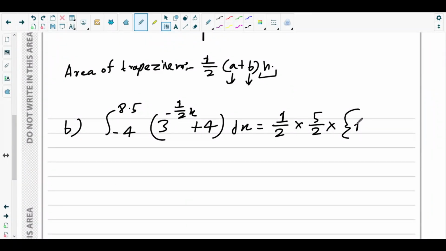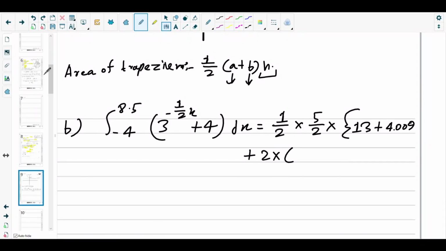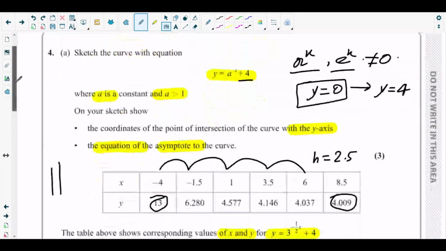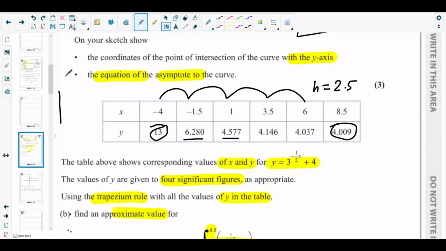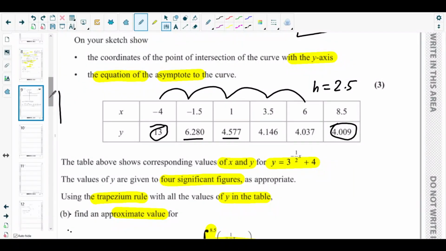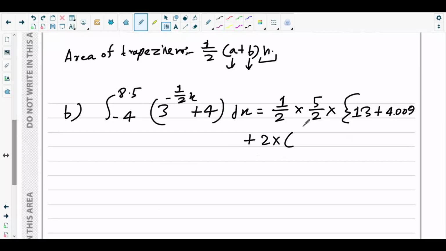That is 13 plus 4.009, and then the rest of the heights will get repeated twice because these are the common sides, the common side of two strips. So these are 6.280, 4.577. Let me write them one by one: 6.280 plus 4.577, and then plus